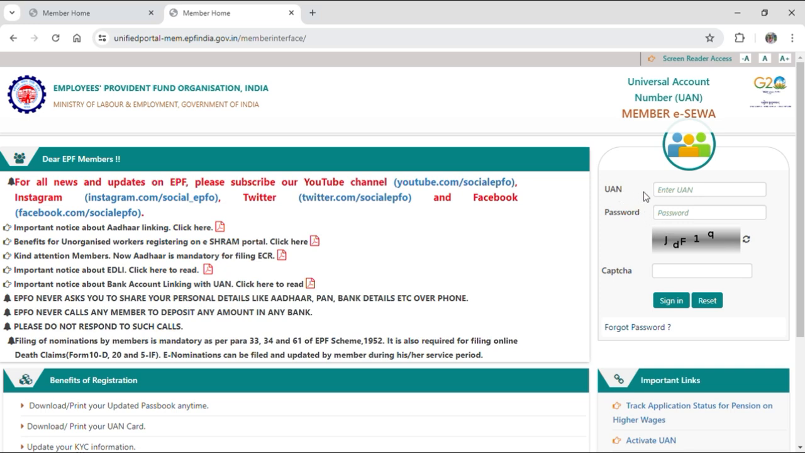Now just input your UAN and your password and also fill out the CAPTCHA that is given to you on your screen. After you do so, just hit sign in and then you'll be signed in to your employee account. But in case you forgot your password, you can use this button, forgot password, to help you reset